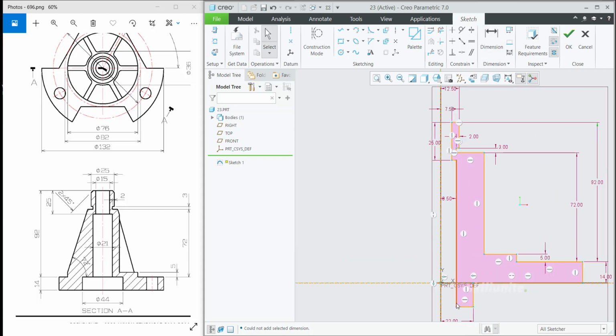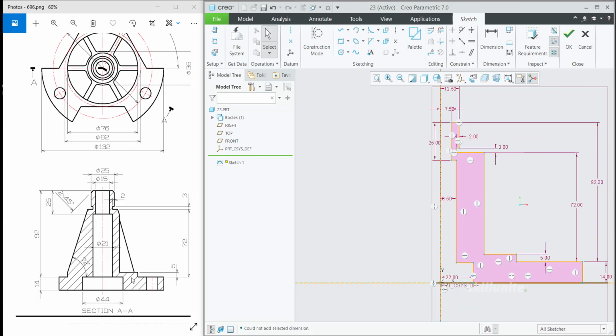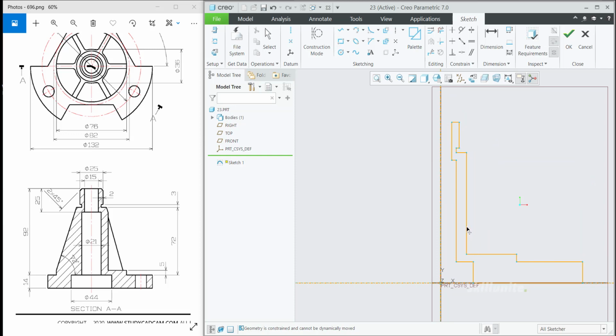Okay. So press escape and make it a little bit upward. Then we will position it, what is the height for it. As you can see, this edge and this edge is lying on same axis. So use collinear. So this line and this line we need to make it coincident. So just select coincident option over here and select this line and this line over here. So both it will come on straight axis. So now it won't go downward. So only thing is this width, we need to lock it.